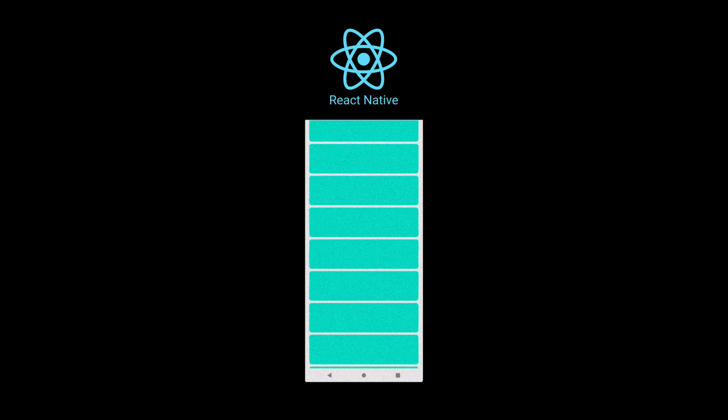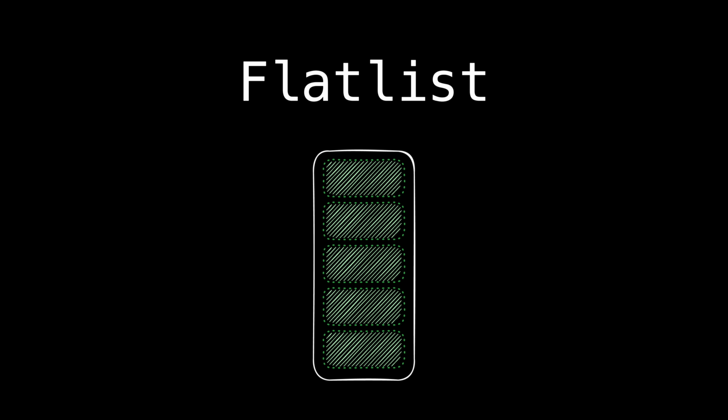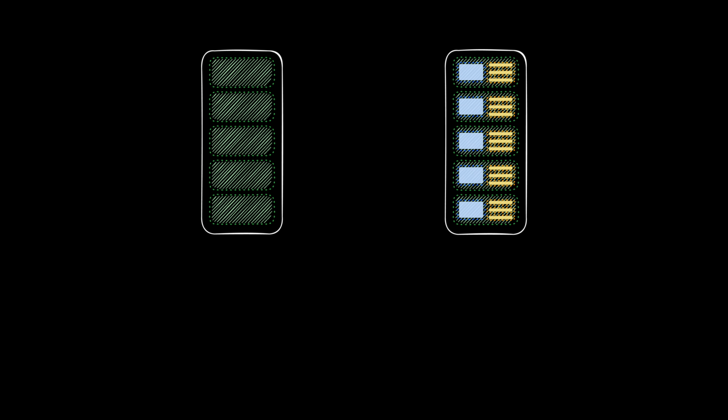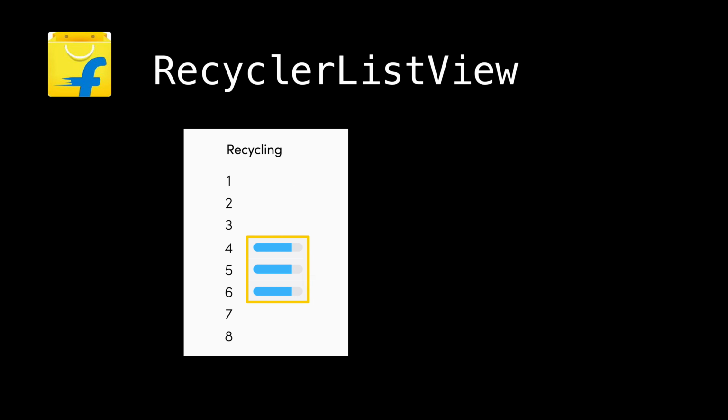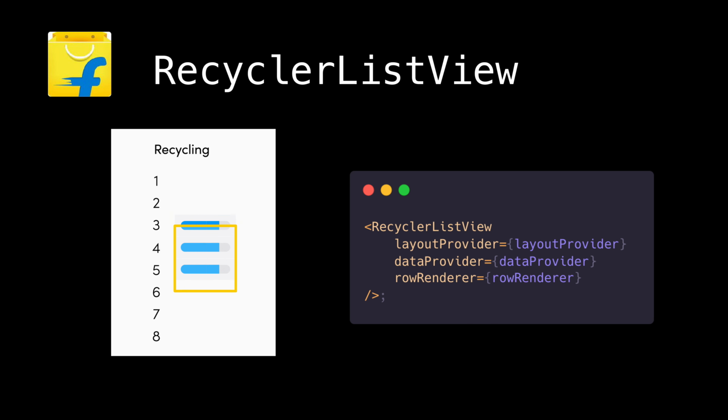Rendering performant lists has always been a pain point in React Native. The default tool, FlatList, works fine until your item gets more complex, then you start running into its limitations. Back in 2017, RecyclerListView introduced view recycling for better performance, but it required fixed item sizes and wasn't easy to